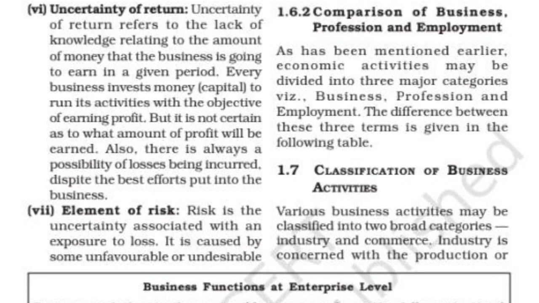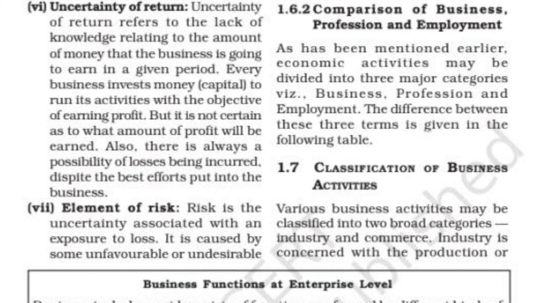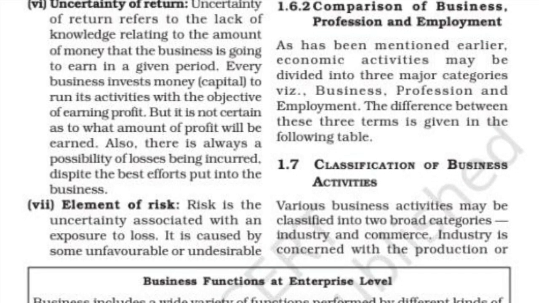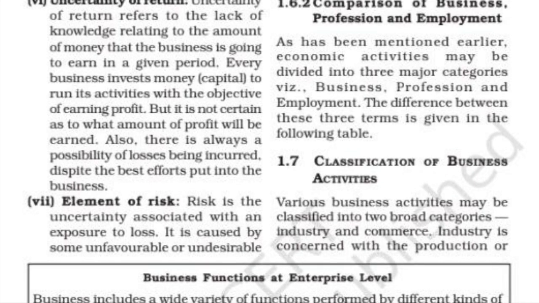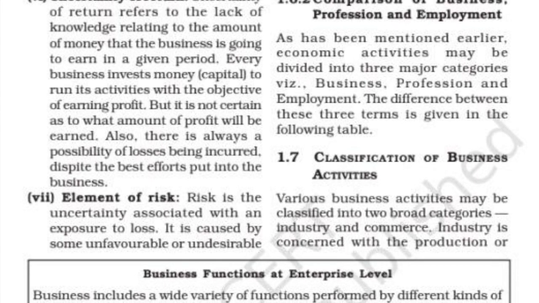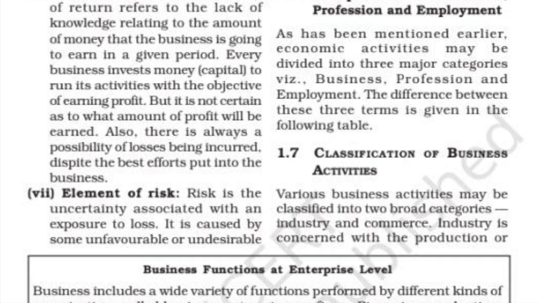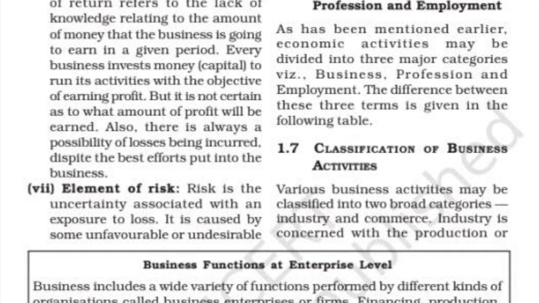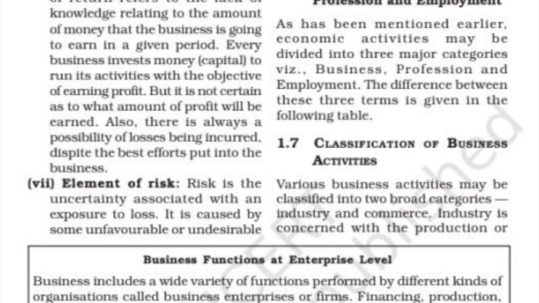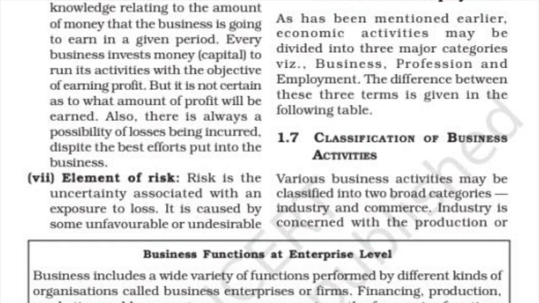So moving on to the next point, it is profit earning. This is again repetition. If business is an economic activity and economic activity is done to earn profits, it is the same way, right? That is, to earn the profit, we run business. This is basically the repetition. I think this point is clear to all of you, right?